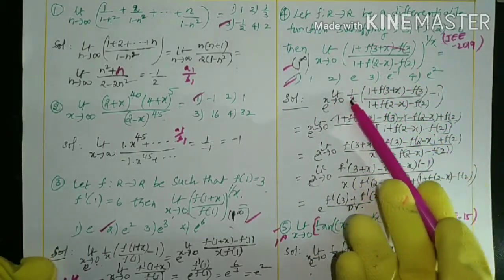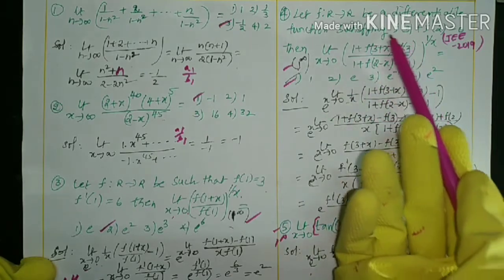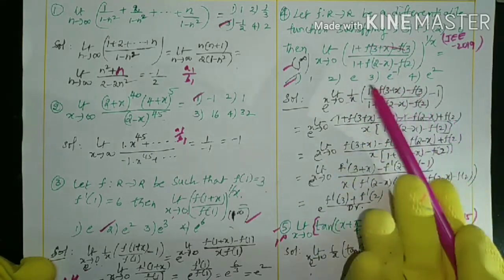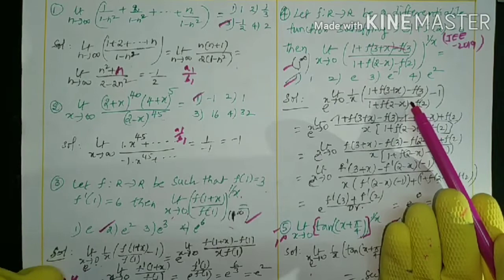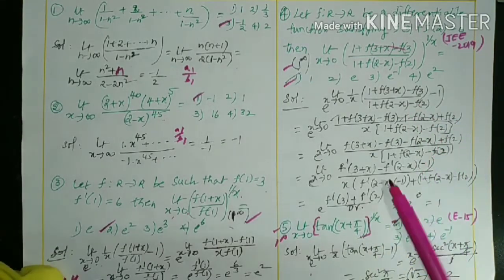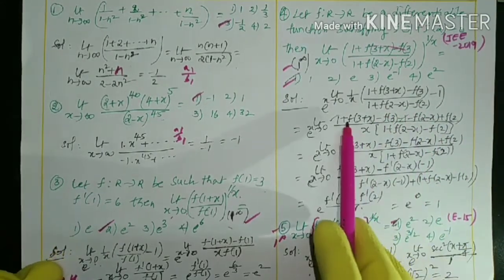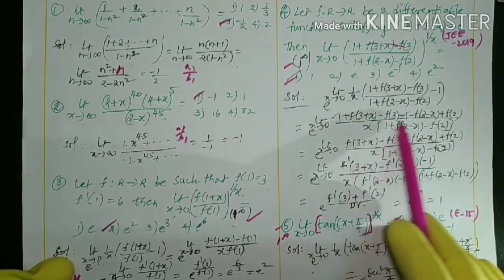What is the power here? 1 by x taken as into the base, as well as this one, from this we can subtract the 1. You know, I already gave the tip. You have to refer to that once, you can understand easily. By taking the LCM, what happened? By taking the LCM, it becomes like this.